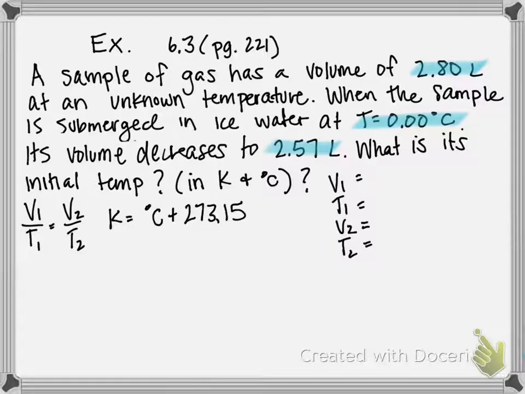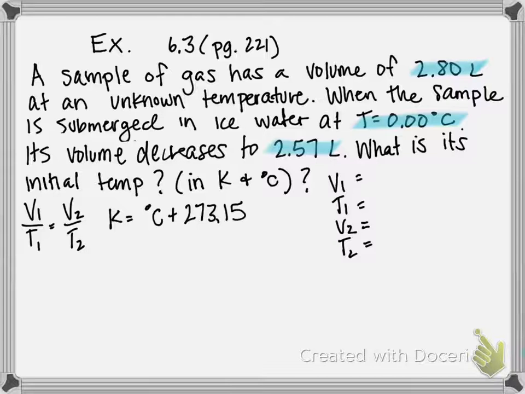This is example 6.3 on page 221 of our textbook. And this is an example utilizing Charles's law, which relates volume and temperature. Volume and temperature have a direct relationship, meaning that when one increases, so does the other, and vice versa. So we're going to solve this similarly to Boyle's law, in which we figure out what variables we're given and